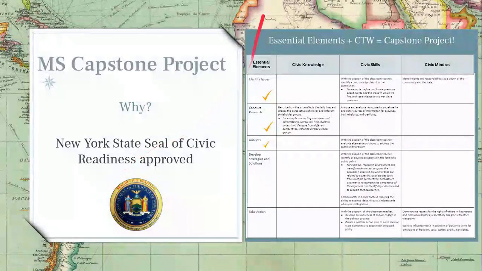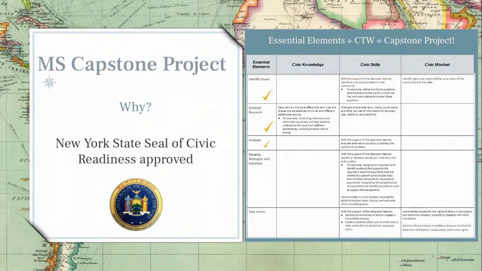So I'm really excited about the middle school capstone project with these students. This year we finally have the approval for the New York State Seal of Civic Readiness. So I was looking at what we asked the students to do in the Change the World process. And as I was looking at the essential elements for the capstone, we do so much that's already embedded into